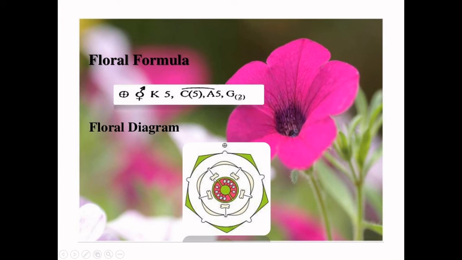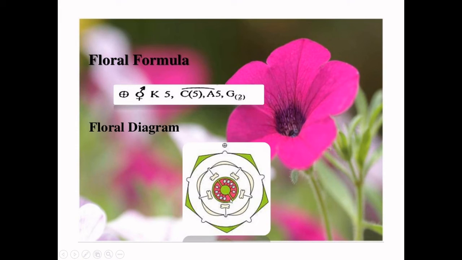Then these are the stamens. Number of stamens is also 5. They are attached in the middle of the petals. This condition is called epipetalous condition. 1, 2, 3, 4, 5. That means stamens are epipetalous. Now this cap stands for epipetalous condition.